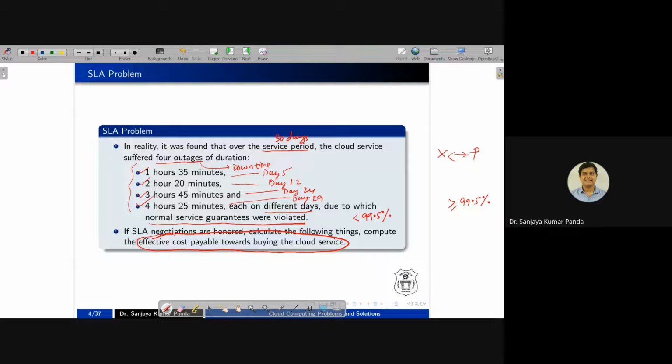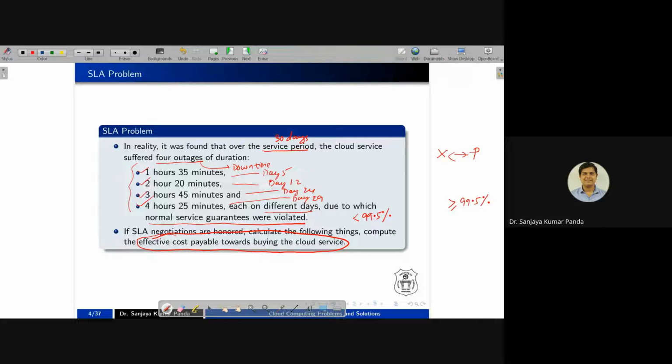What is the effective cost for buying the cloud service? Initially we have committed 1 lakh per day, right? But it is violated. So how much do you really have to pay to your cloud service provider? That you need to determine, and that is the main problem. Okay. Can anybody solve this problem